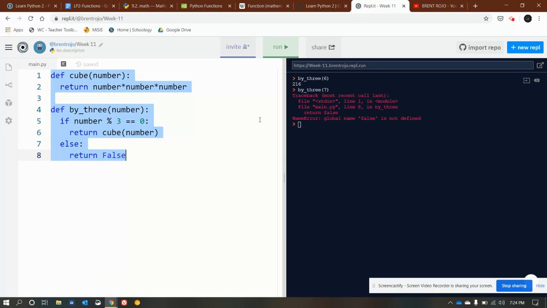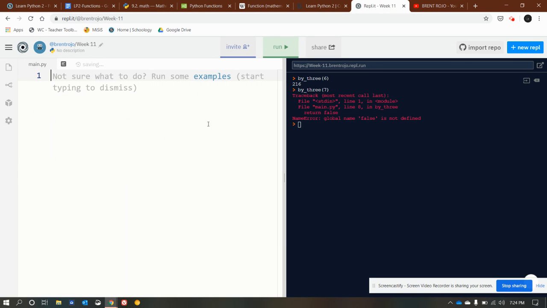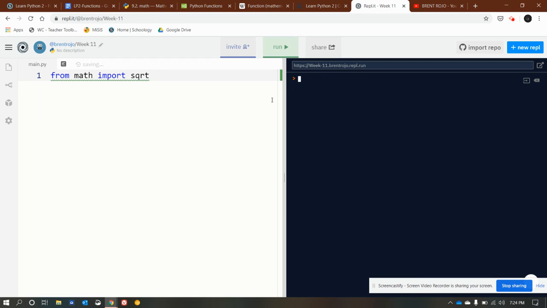So I'm going back in Replit. When in doubt, you test it in Replit. So I'm going to run it. Okay, when I run it, I can do square root of 9. And that is the reason why this works, because from math, I imported square root, as opposed to,